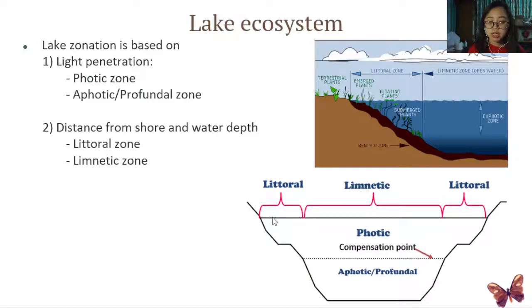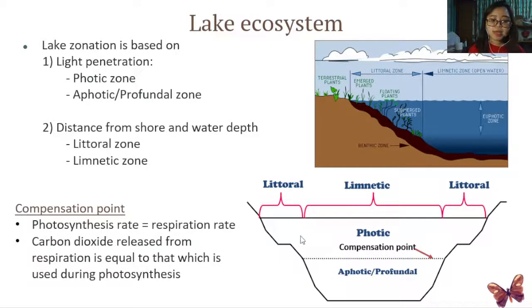Dan kalau dia cetek dekat kepada tebing, kita panggil dia littoral. Kalau dia dalam dan jauh daripada tebing, kita panggil dia limnetic. As you can see from this diagram here, there's also something called a compensation point. A compensation point is that region between the photic and the aphotic zone, where the photosynthesis rate is equal to